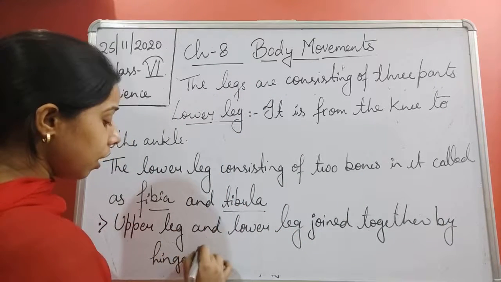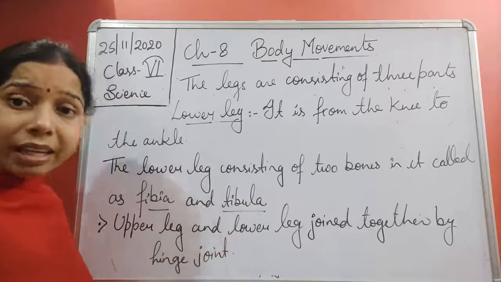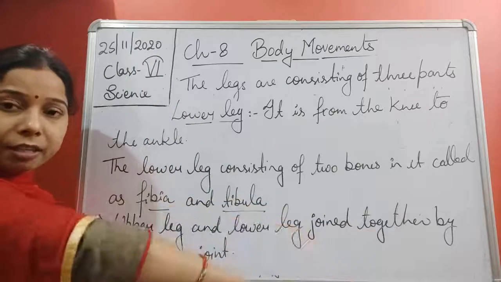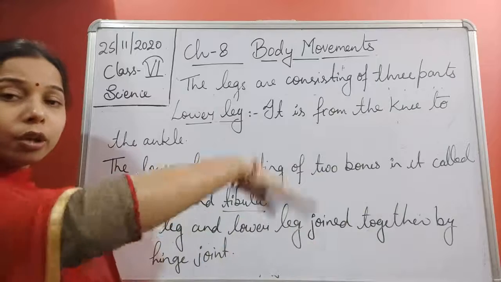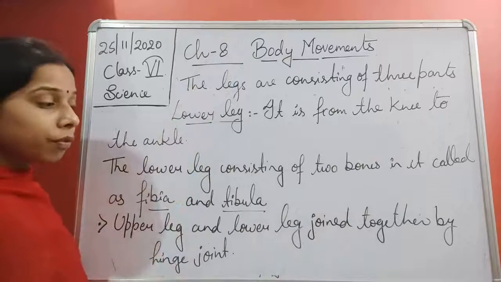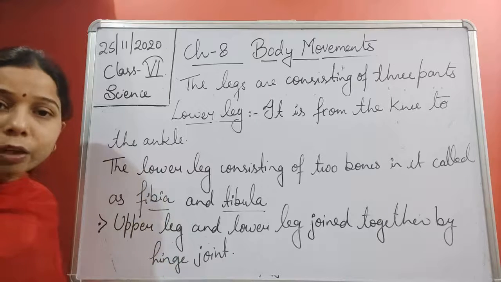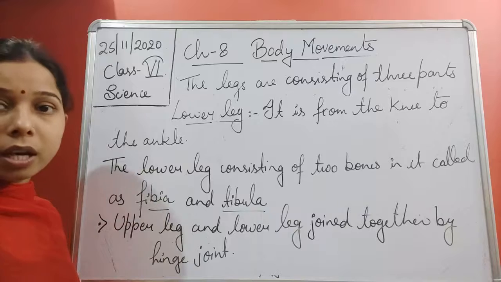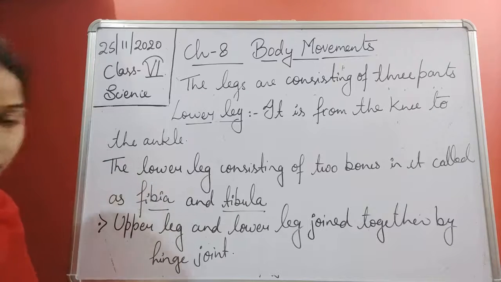You are able to fold your legs only in one direction. You cannot fold in the upper direction. This is the knee, students. You can fold your leg in this direction, but you cannot fold in the upper direction. So since we can fold only in one direction, that kind of joint is the hinge joint. That kind of joint is also present in our elbow.